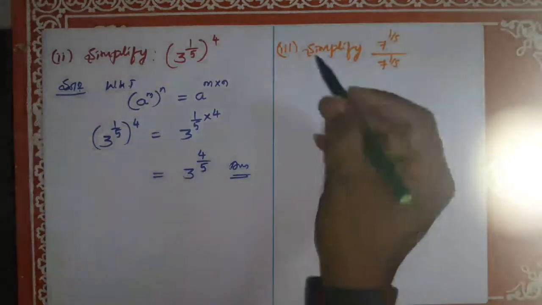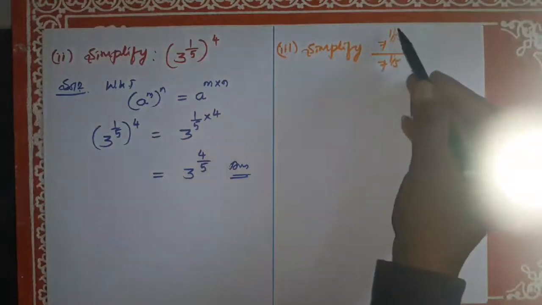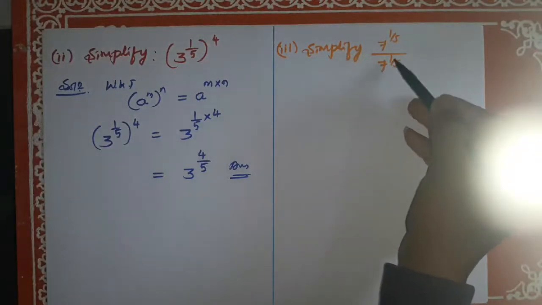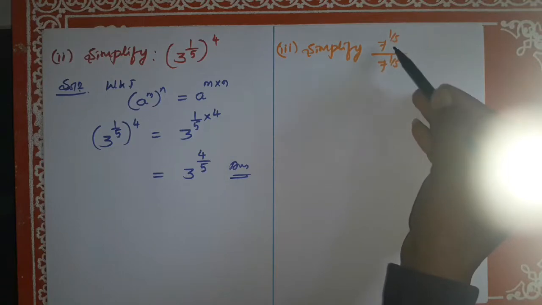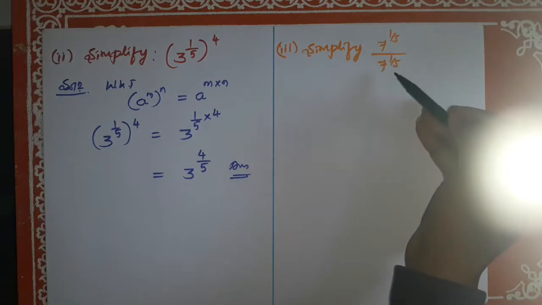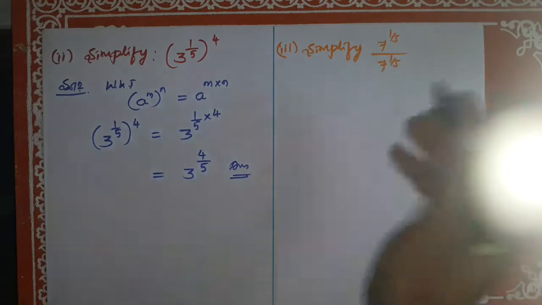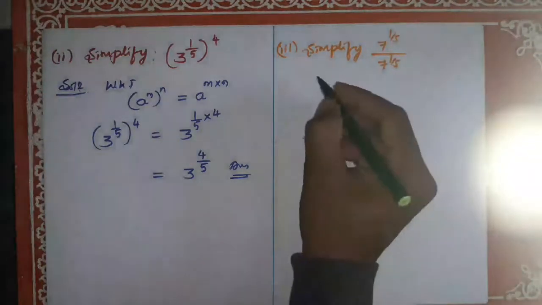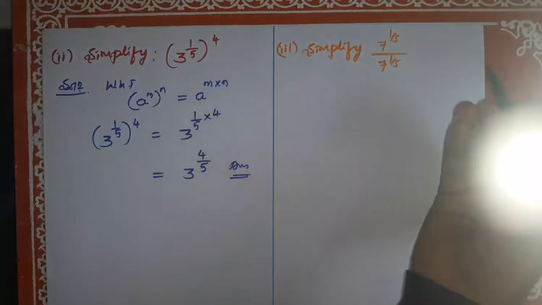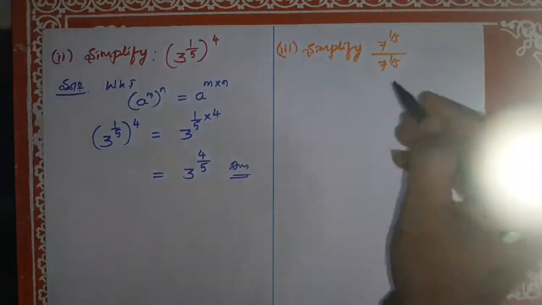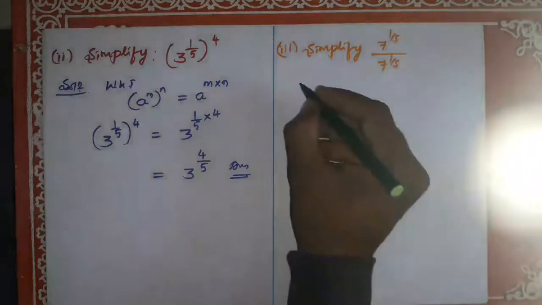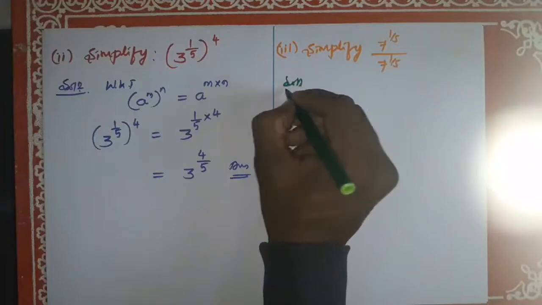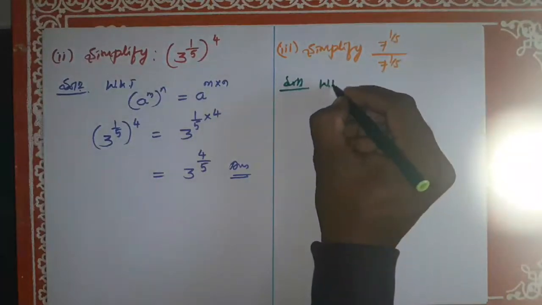Dear students, we have third question. Simplify 7 to the power of 1 by 5 divided by 7 to the power of 1 by 5. If they are given the same numerator and denominator, we just have to follow the laws of exponents. See, if we cancel, we will get 1 commonly. So by using laws of exponents, solution, we know that